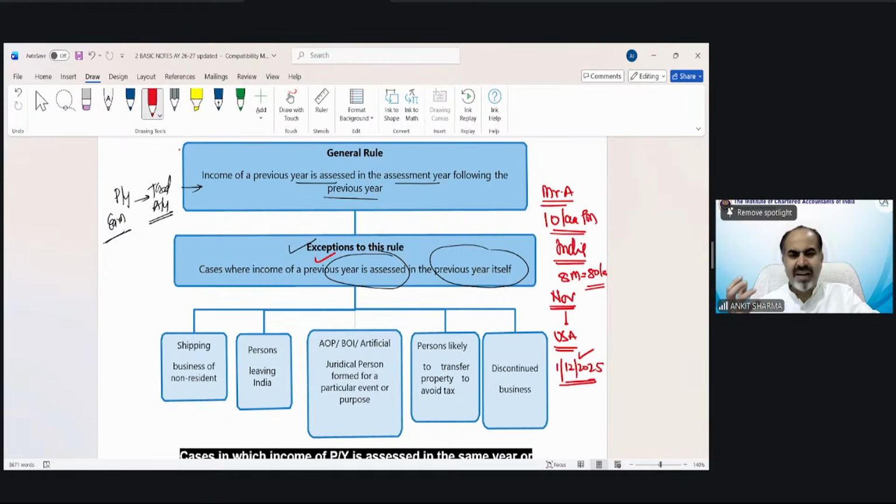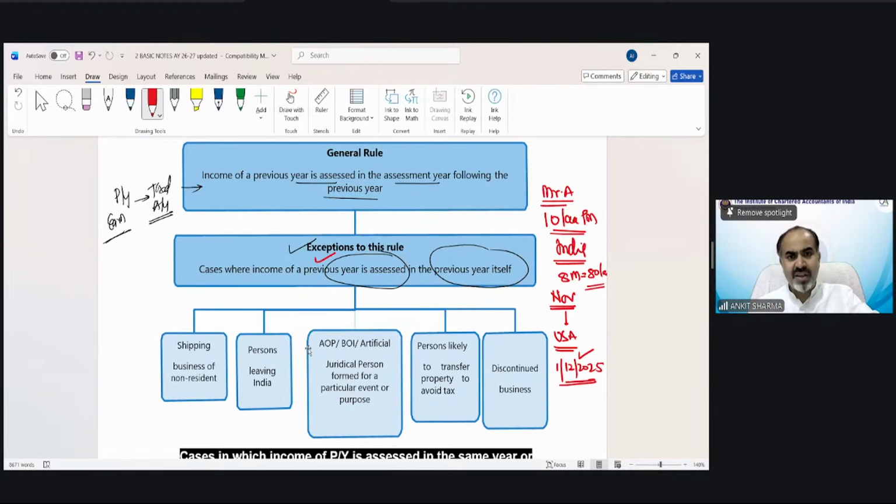Do you think that in all cases, they will come back and they will pay tax in India? And even if they are not coming back, is it feasible or easy for the income tax department to collect tax from someone who is not in India and is now outside India? Practically, it's not easy. So in these kinds of circumstances, if somebody is leaving India in the previous year, what is more feasible? Collect tax before he is leaving India, or wait for him to pay tax next year, and if he does not, then try to collect tax from the outside country in the next year. So what is the easiest way in this case?